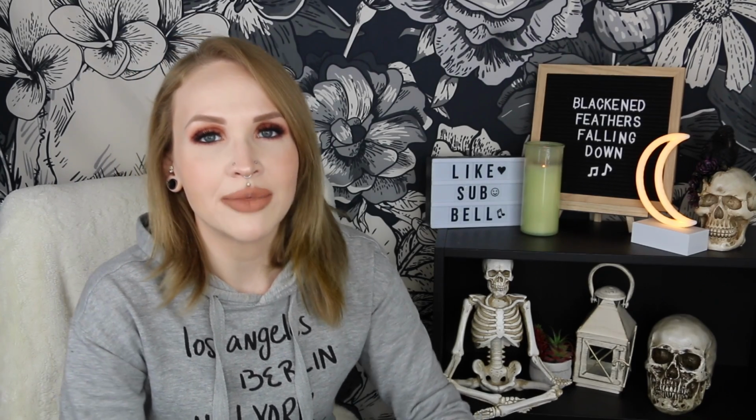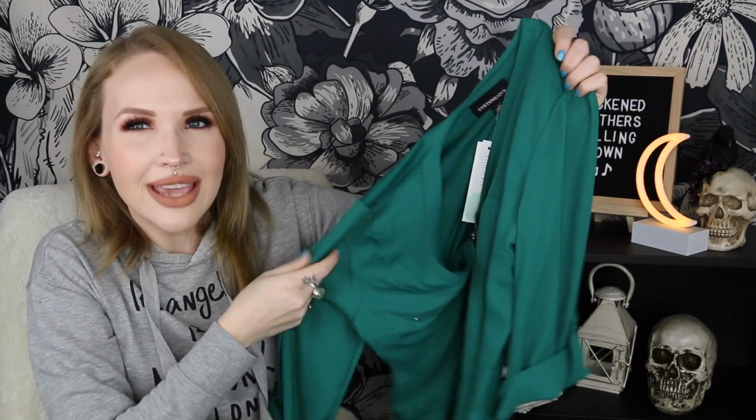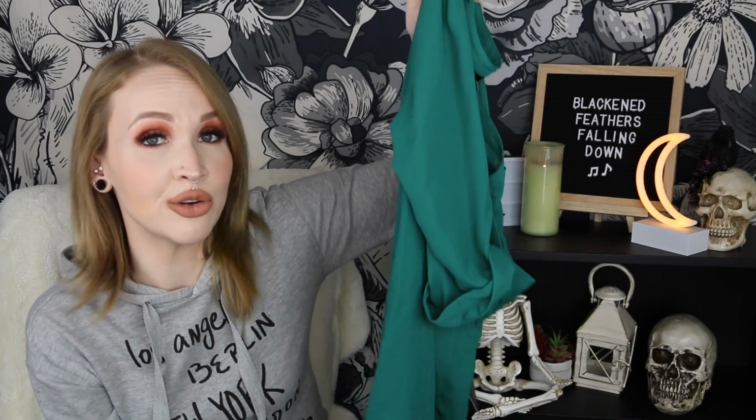And so the third item that I'm not keeping, at first I really liked it, but then the more I looked at it, the more I was just like, it's not me. It's not me at all. It's this green top by Fortune and Ivy. The camera doesn't do it justice. The pictures that I took didn't do it justice. This is like a green,